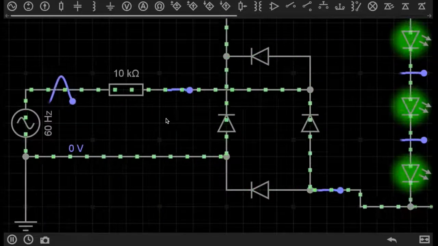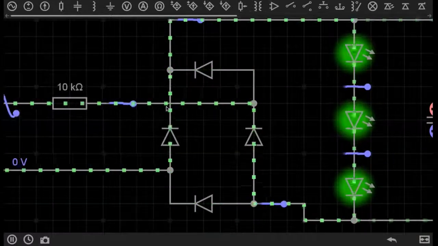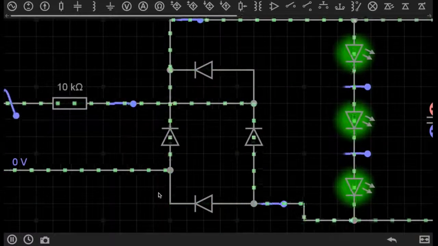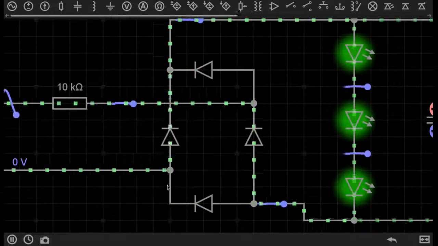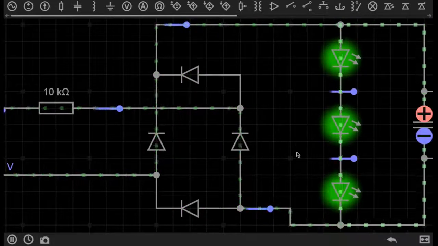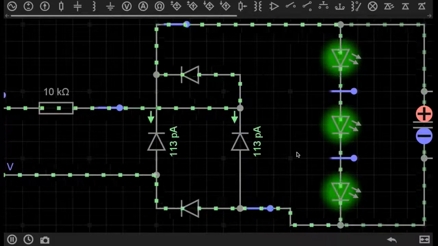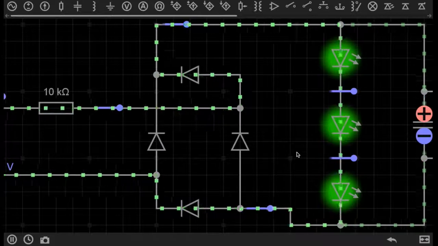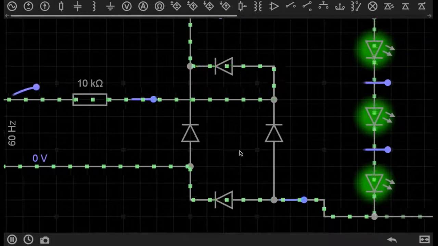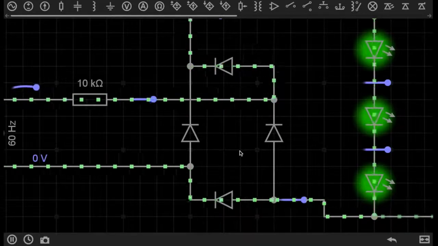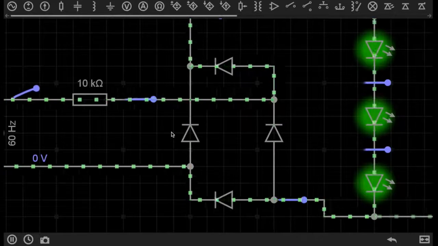The only thing turning this alternating current into direct current are these 4 diodes. Now if you look at the way that they are arranged, you might be able to see what's happening here. So here we are, I've actually slowed it down into super slow motion so that you can actually see the operation. Because a diode will only allow current to flow in one direction, that means I can basically make the